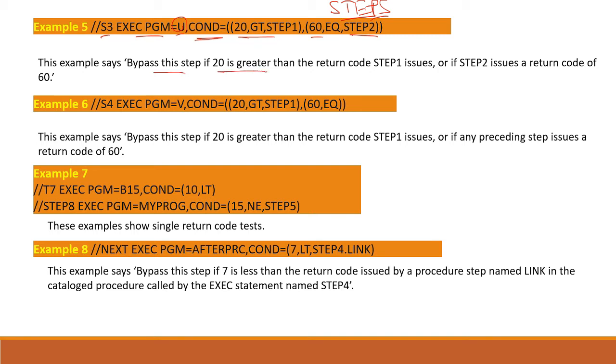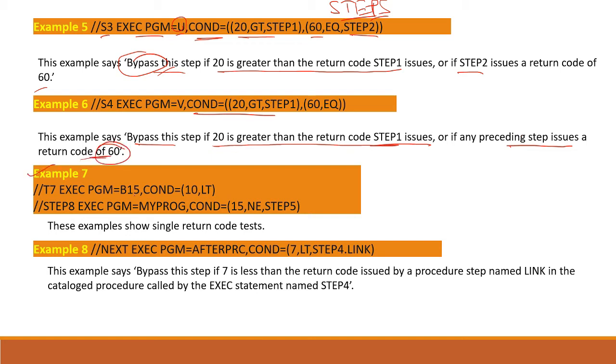Bypass this step if 20 is greater than the return code of step 1, and if step 2 issues a return code of 60, only then bypass this step. And if we have this condition code, bypass this step if 20 is greater than the return code of step 1, or if any of the preceding steps issues a return code of 60.